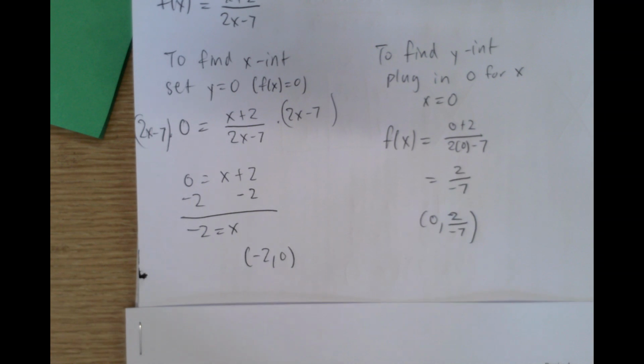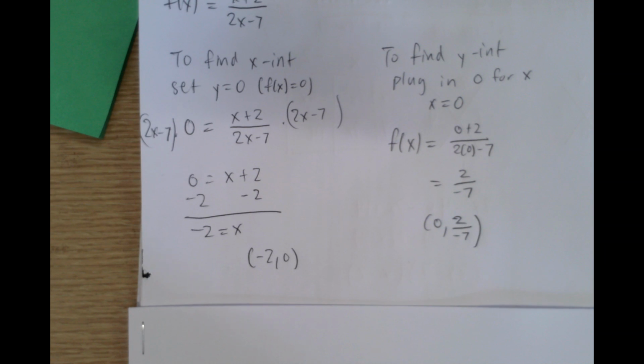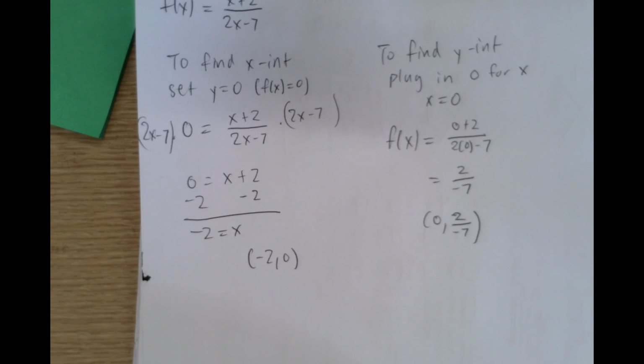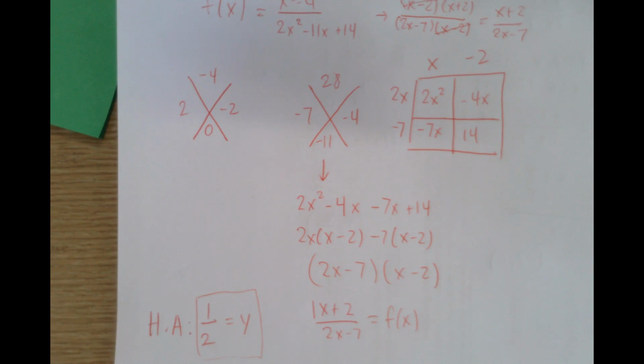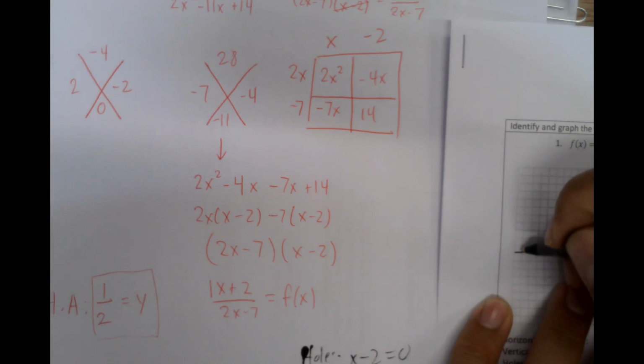So on this graph, first I'm going to plot my x and y intercepts, and then now I can plot my horizontal asymptote, which is at